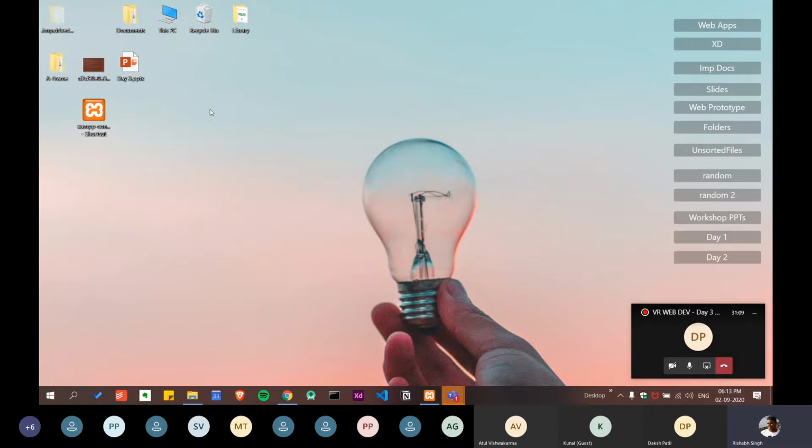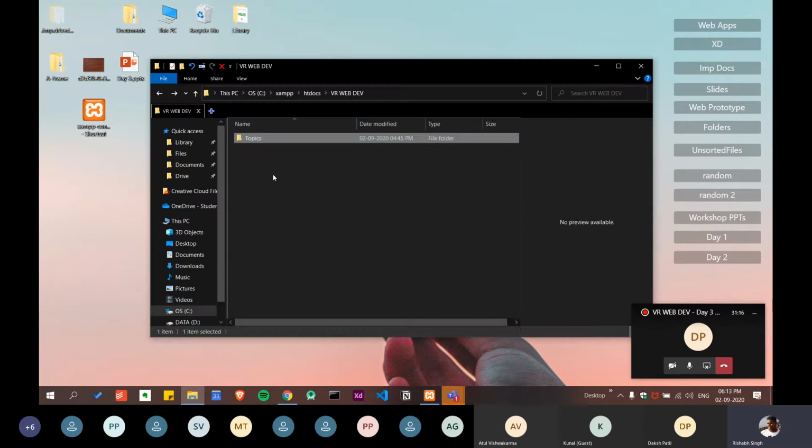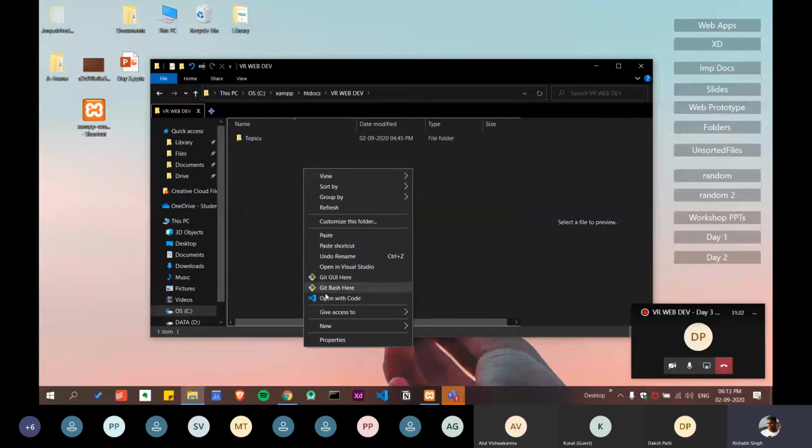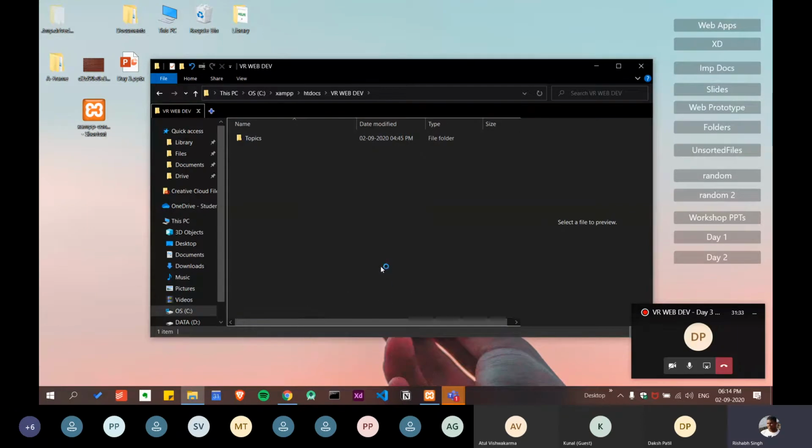Over here on the web dev folder, I'm going to right click and open with Code. This option may not appear on your computer, but you don't have to worry about it. You can use the normal method also: open VS Code and then select your folder.